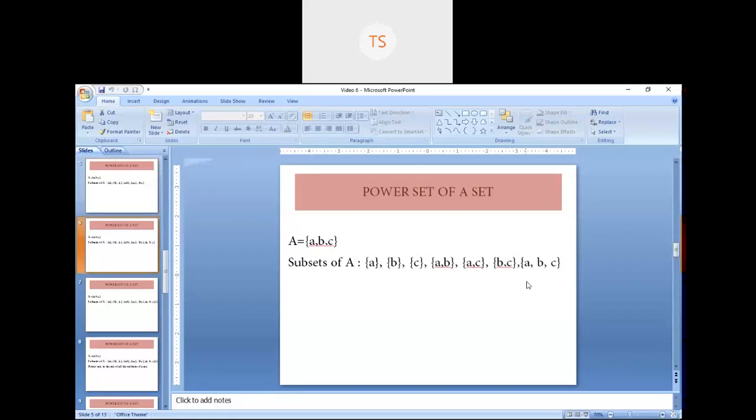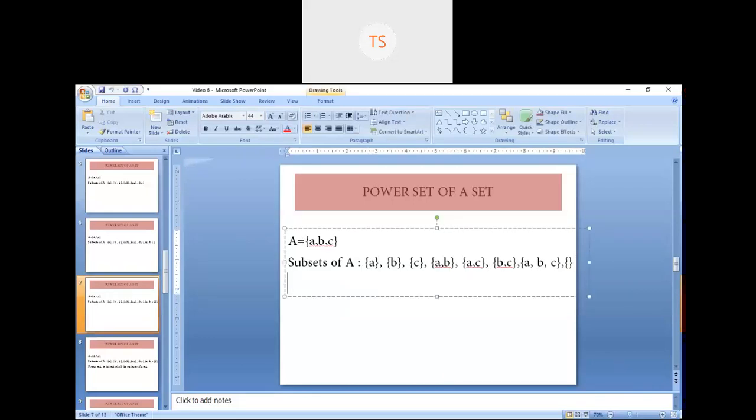And the set itself, we have already discussed that every set is a subset of itself. Okay. And the last one is the empty set. You can write the empty set with two curly brackets with no elements inside, or you can use the symbol phi. Okay. So these are the subsets of capital A. Are you clear how to write the subsets of any set?